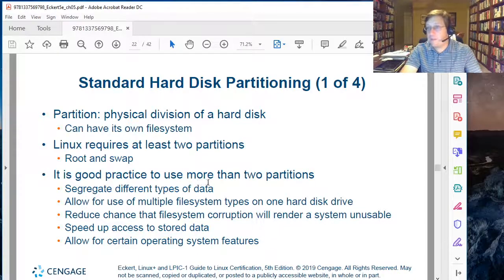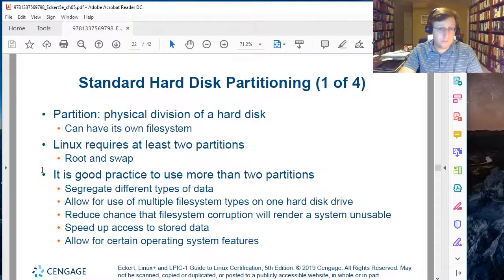The thing that makes that valuable is that if I have a Linux box and, say, slash home is on its own partition or its own hard drive, and let's say something happens to that partition. Files get corrupted, it gets full, something bad happens. If I have just that one partition, then the bad things have been limited to that one partition. It's a lot easier to recover from that than if the entire system has something that's gone wrong with it. So